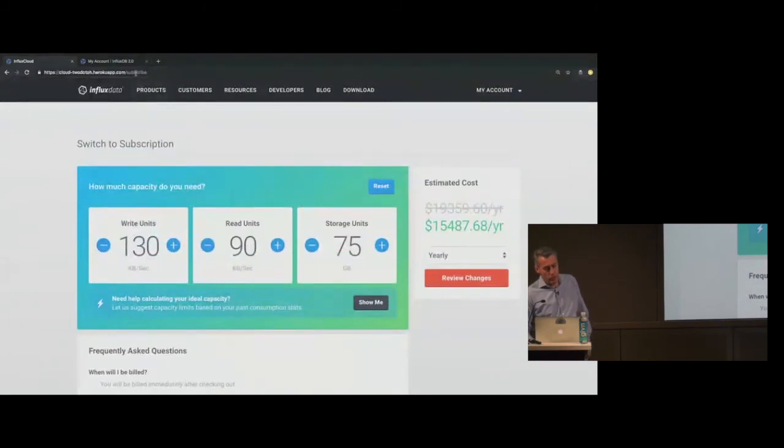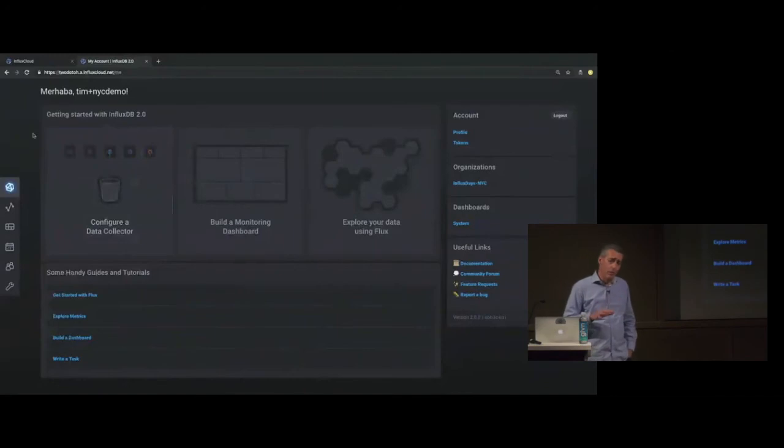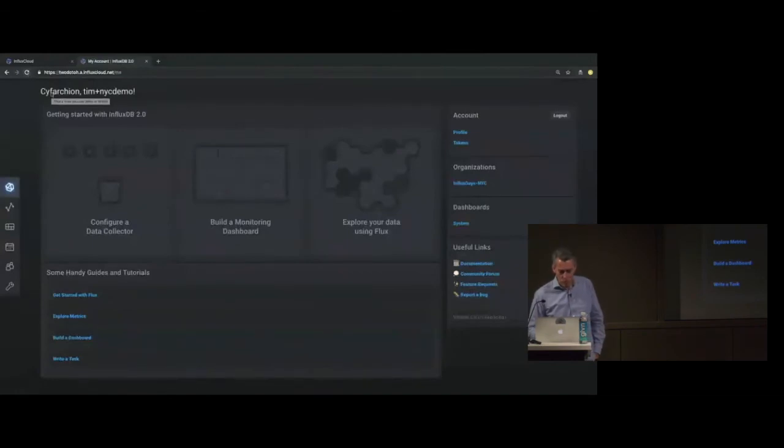Now, once you've launched the service, in any of those three modes, the free tier, the pay-as-you-go, or the subscription model, we'll transition you into the new user experience. Okay? So a couple things. We're also trying to have a little bit of fun with this. As you may imagine, you might see some interesting things, like if anybody speaks Turkish, you'll see I've been welcomed with Merhaba here at the top. If I refresh this a couple times, there may be some Norwegian that shows up here at some point, or this is Welsh.